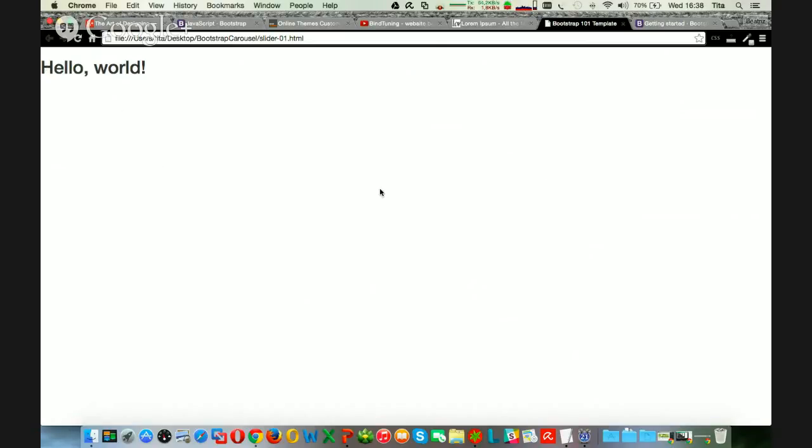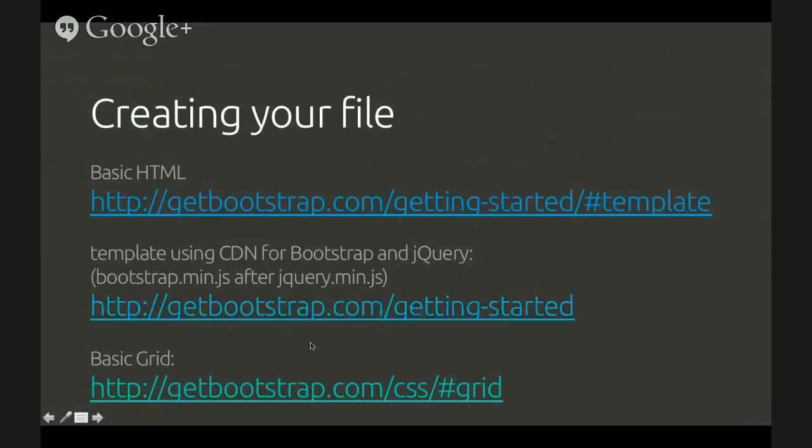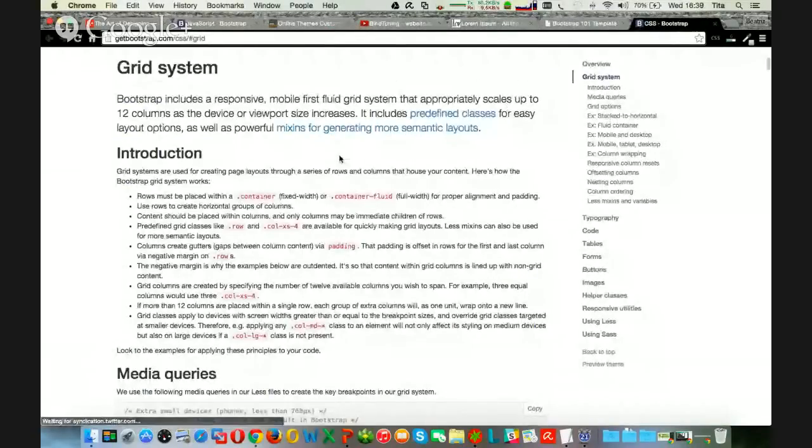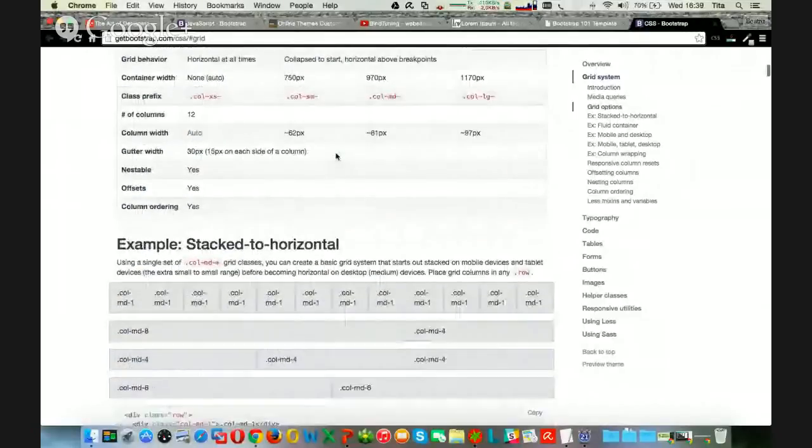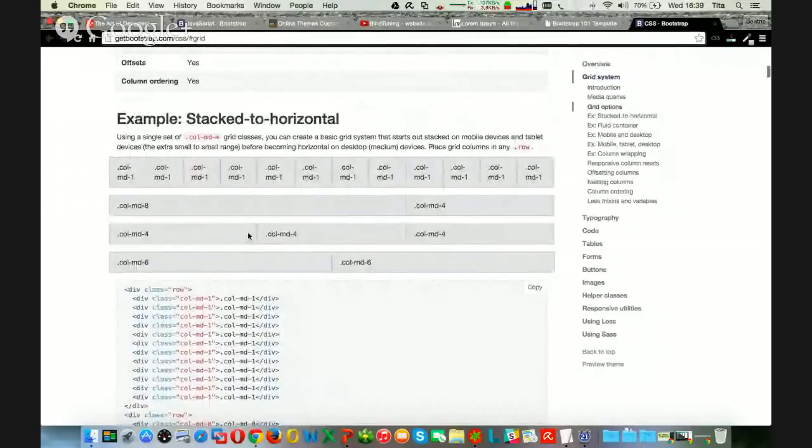Okay, first thing that we want to do is adding a basic grid to this file. You also have the link here on the presentation. And if we go back to the Bootstrap website, you can see that Bootstrap provides you a default grid that you can work upon, and it's a 12-column grid that you can combine in different ways to create different sizes